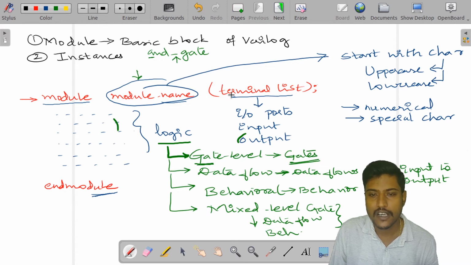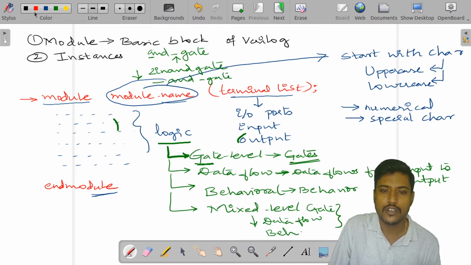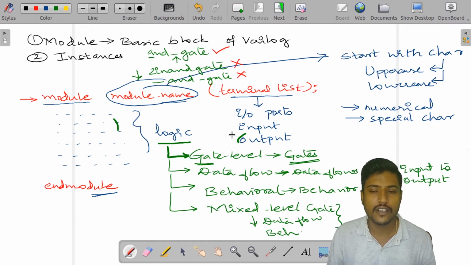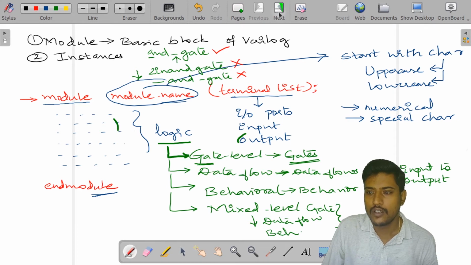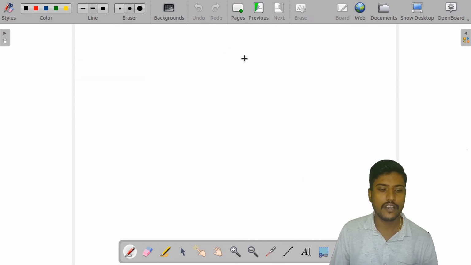But I cannot write 2IN and gate, this is not valid, and I cannot write underscore and gate. So, these two are not at all valid. The only valid thing is it should always start with a character. So, I think this is all which is required for how we need to write modules.